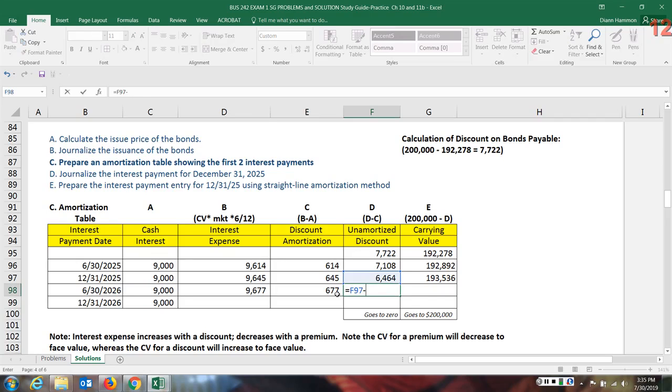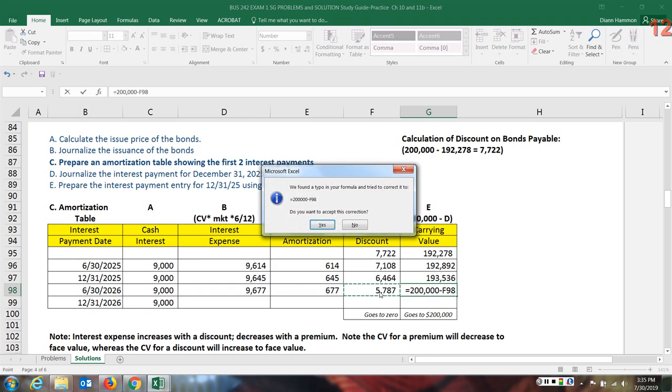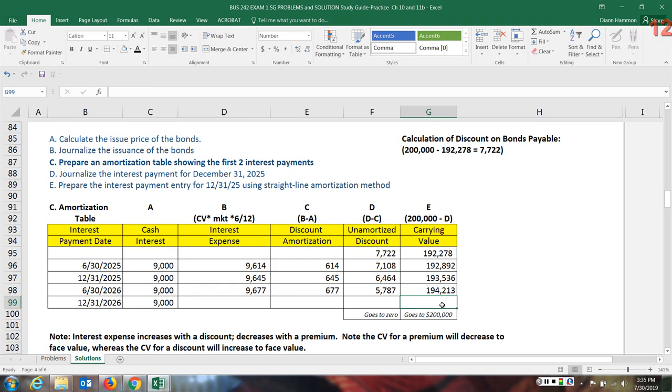Then $200,000 minus the amount in unamortized discount, $194,213. One more payment. So let's say the carrying value times, again, 0.05,